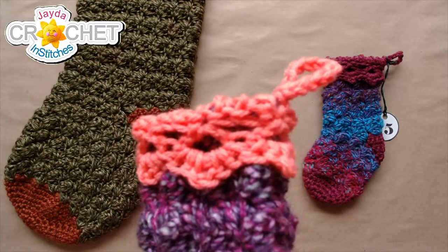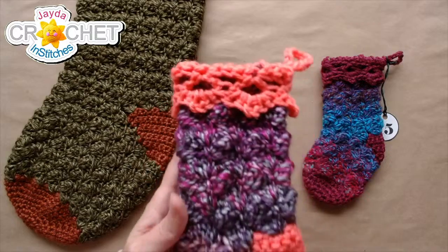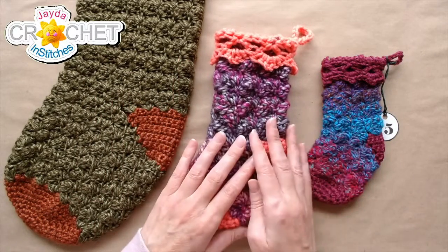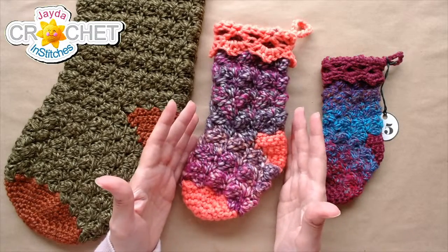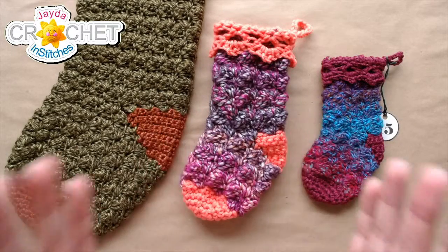That looks really cute. I just love it. It's such a cute little edging for a stocking. So this, while me chit-chatting and fiddling with the thicker yarn, took about an hour to make. So I feel like if you have an evening where you're going to sit and watch some Christmas movies, or just put your feet up and hang out, it's a nice little project